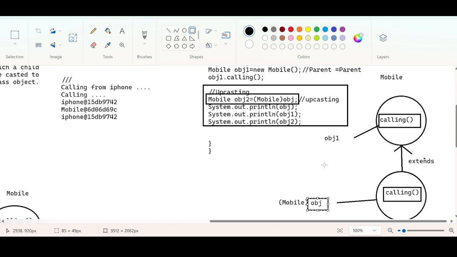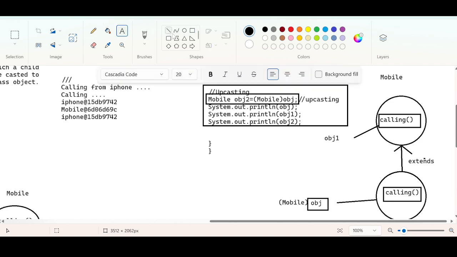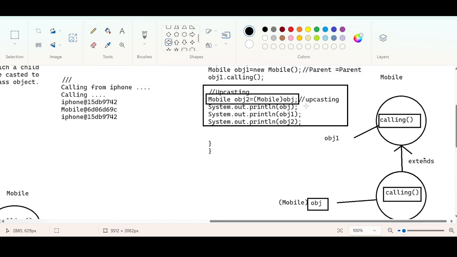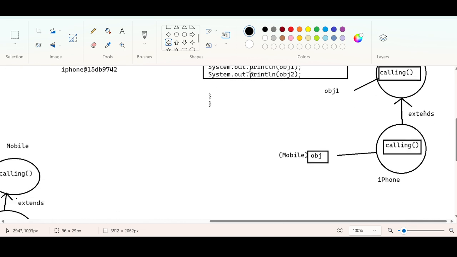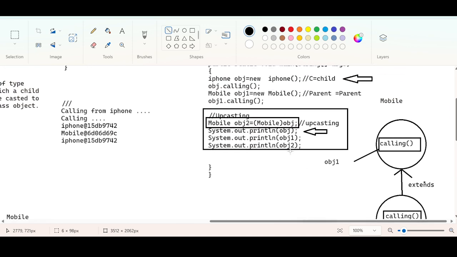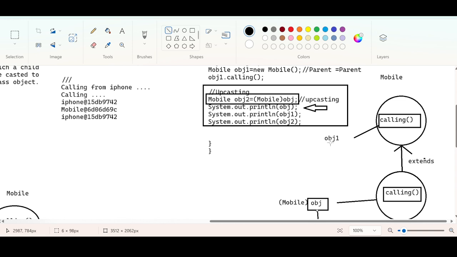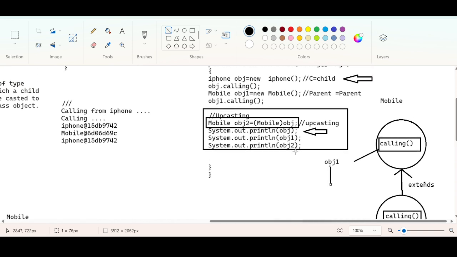Now you see, the next thing we are trying to do here. We are printing obj. The toString method will be called, and this address will be printed. We are printing obj1, and this address will be printed. We are calling obj2.